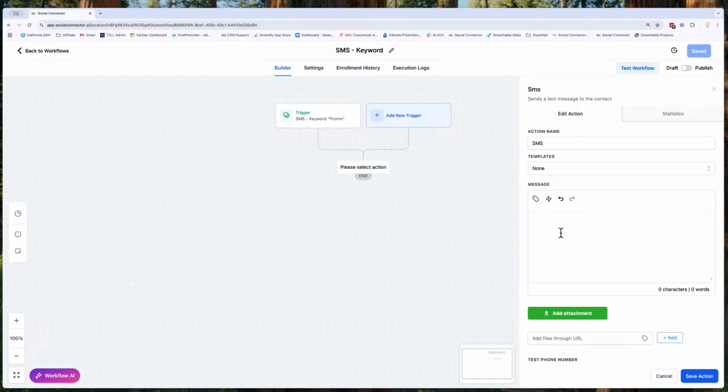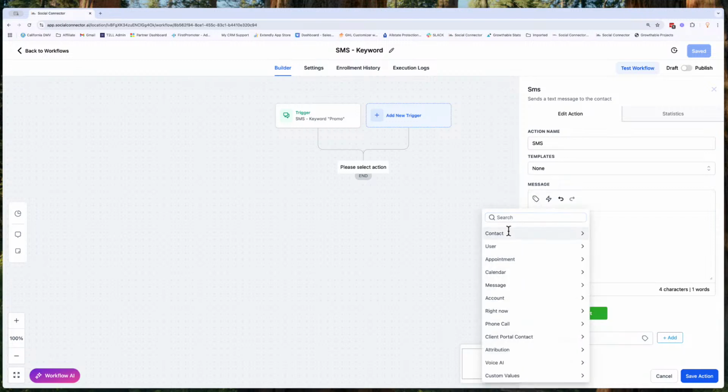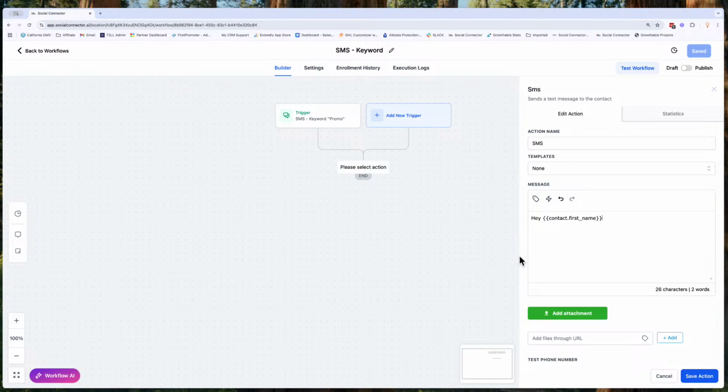And here is where we can do a lot of our adding of special characters and our custom values. I'm going to show you how we do that. We're going to say, hey, and we're going to put in first name. Do we know their first name? No, they texted a keyword, but maybe they're already in our system. So if they are, we want to put their first name. So we're going to put, hey, first name. And then we're going to say, I'm excited to add you to my promo list. We'll send you the first promo details shortly. Okay, and we'll click